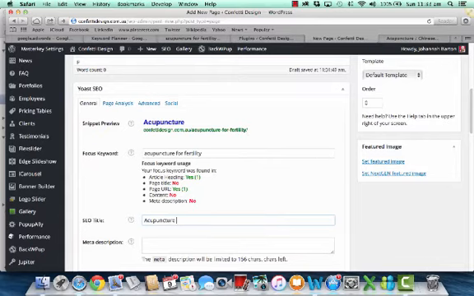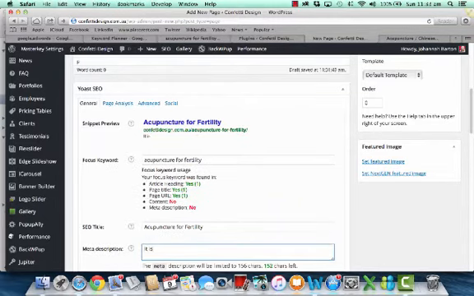Acupuncture for fertility. Okay, now we have our title, we have our URL, and all we need to do is write in our snippet. It is shown that